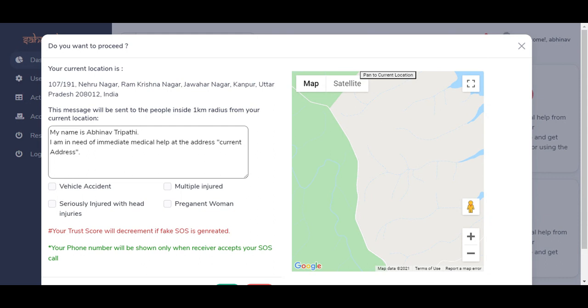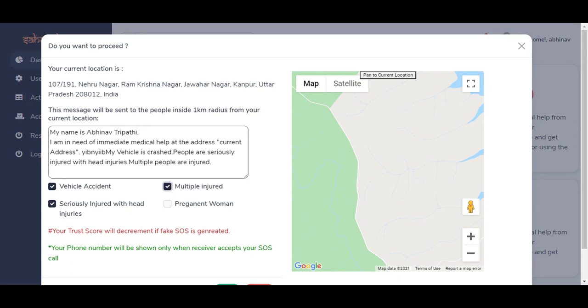The user can either edit this message by typing inside the box, or select these check boxes which append predefined strings to the message. You can see the strings are appended, like previous, and multiple people are injured.